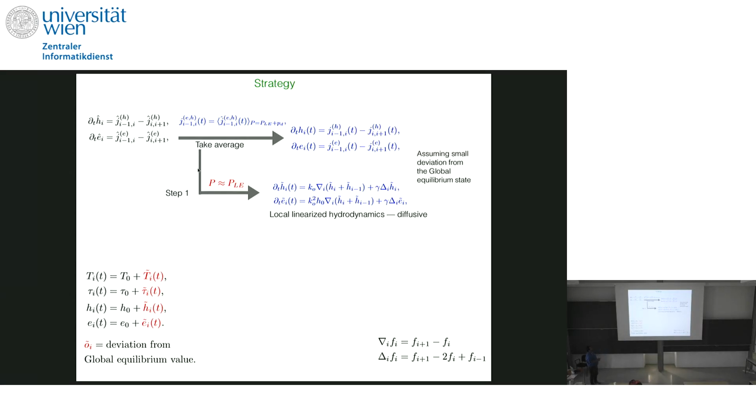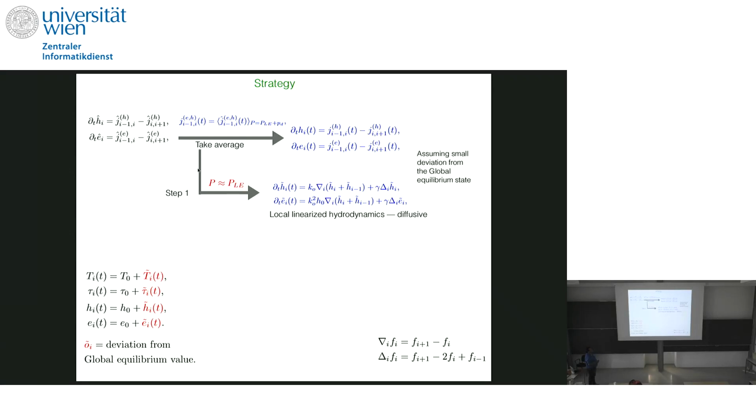To follow this plan, this is my strategy. You have these continuity equations, and you take the average with respect to this distribution P at each time, and you write down the average values of the currents, and you get these equations. Since these averages can be expressed in terms of the temperature and the pressure fields, you'll get equations for the temperature and the pressure fields. And using local equations of state, you can express them in terms of the local volume and energy fields. But I will do this in 2 steps.